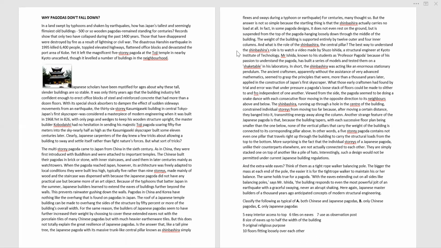Okay, ma'am, fifth I could not find. Fifth answer is B. It's the case with only the Chinese one. So Chinese pagodas. I'll just point out where it is, easy access to the top, and I'll highlight that area. But meanwhile, we'll be moving to the next set, right? Sure, sure.